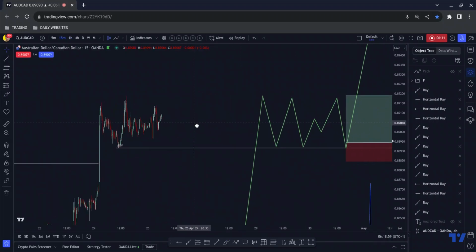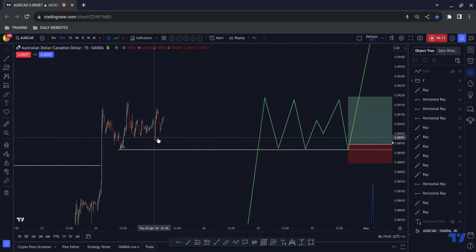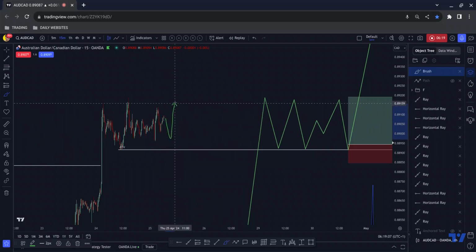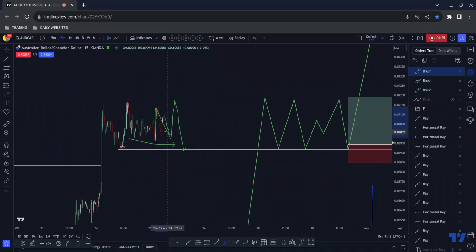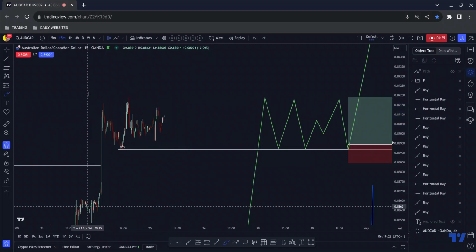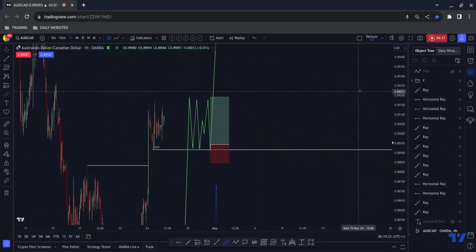You can see that we may be starting to get that now. We kind of have that 1, 2. Okay, just looking at how this is forming, we may get something like that, where we get that, and then this becomes the middle section. We shall see. But if that happens, then we get the 1 hour close in that area. Then I would look to get long from the base of that structure, and then if we just zoom back out again,